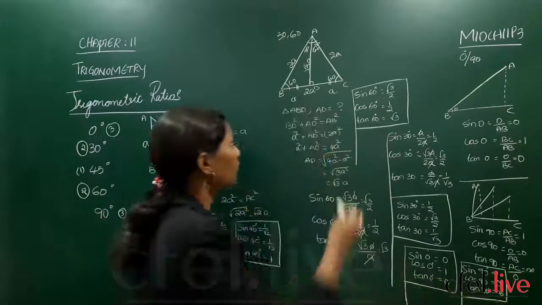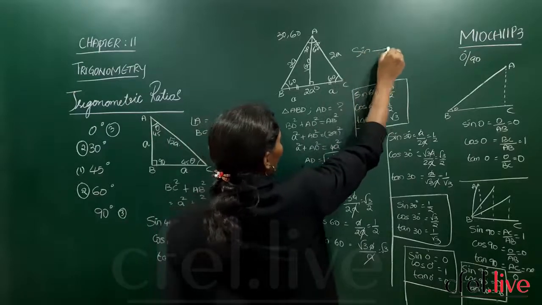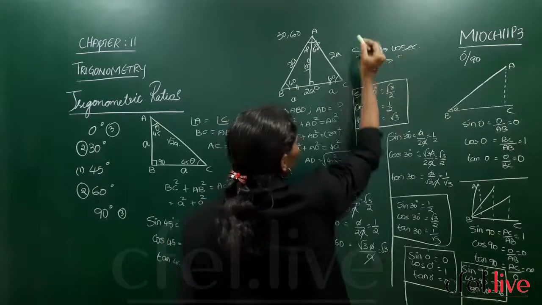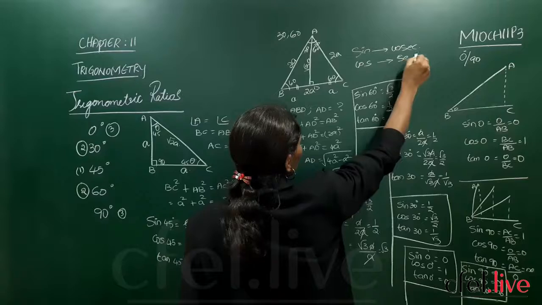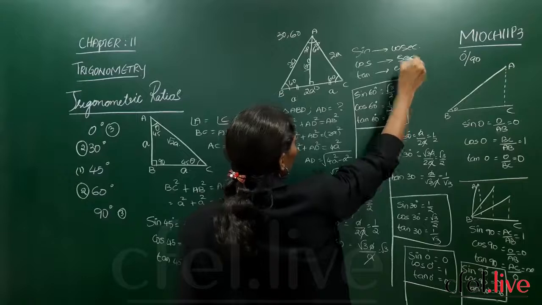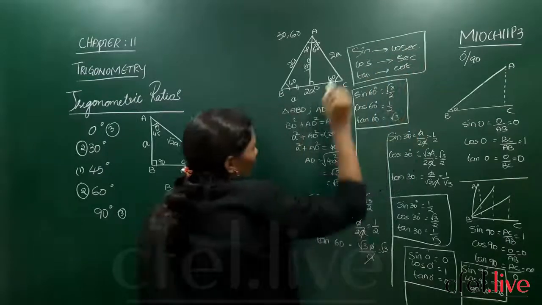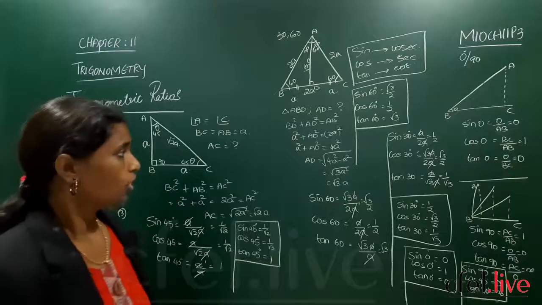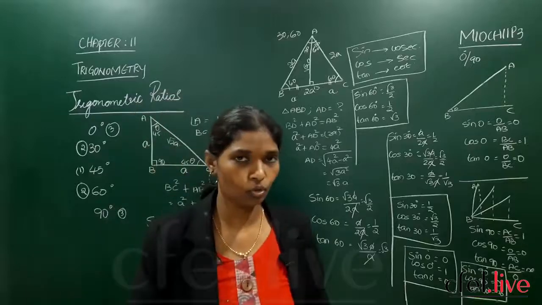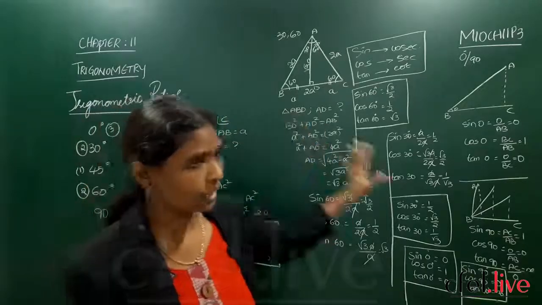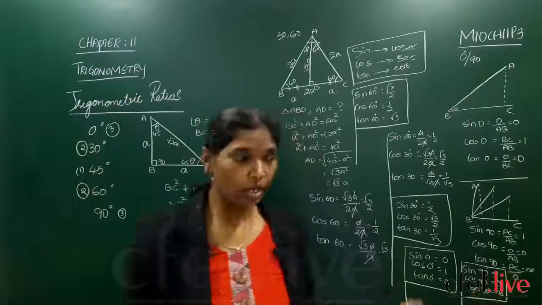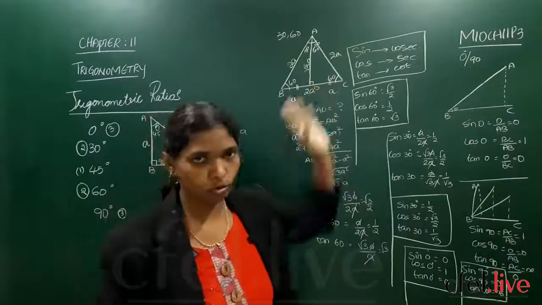Right? You know what that is? For sine, the opposite is cosec. For cos, the opposite is sec. And for tan, the opposite is cot. So in this way you have to find the values. Now you have to remember how all these came. Then only the next exercise will become very easy for you. So I have given all the information on how the angles came out, how the particular values for these angles came out, and how to calculate them and their reciprocals also.